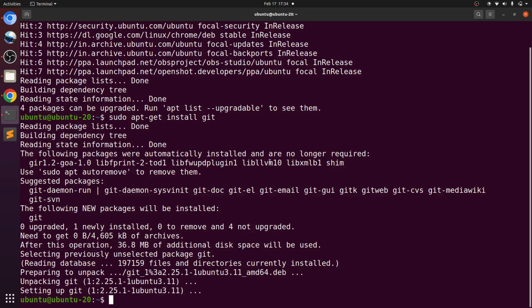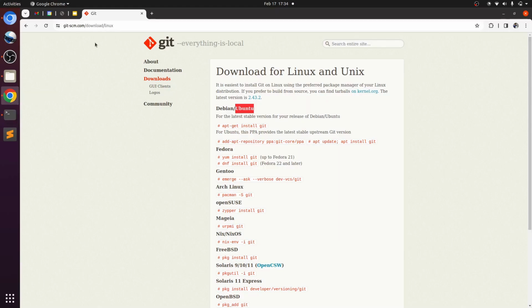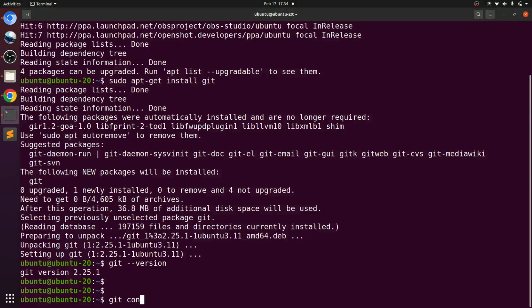Now I have Git. You can check the Git version. Also, now we will see how we can configure it. We can use this git config command. git config --global user.name